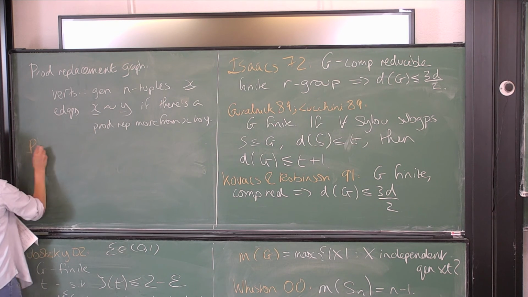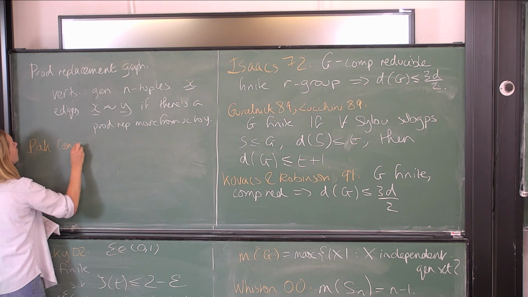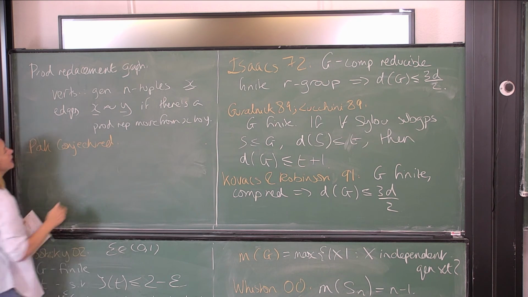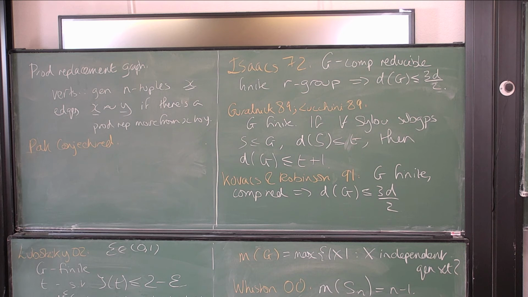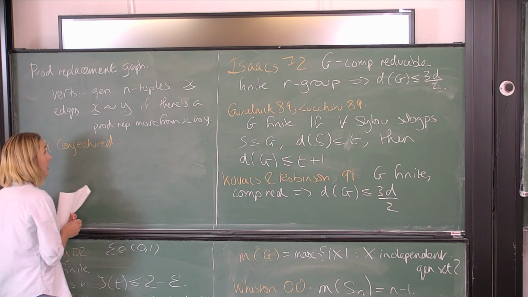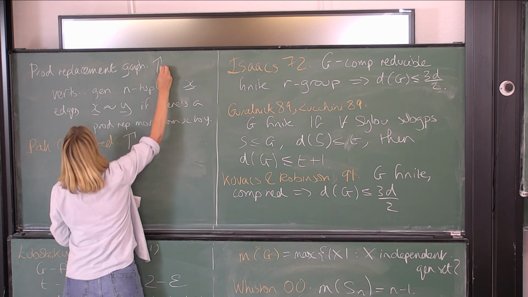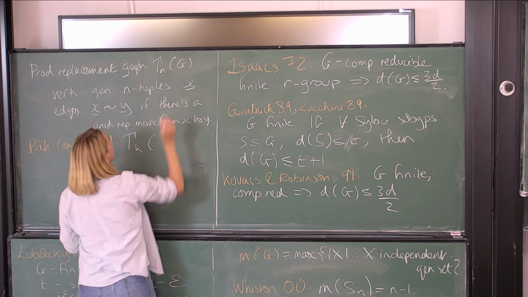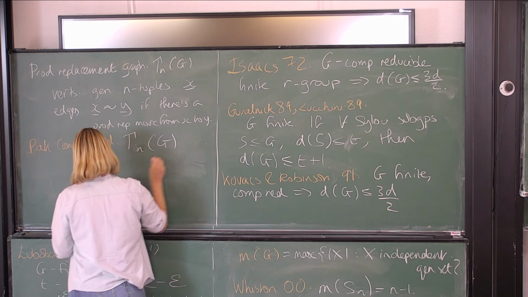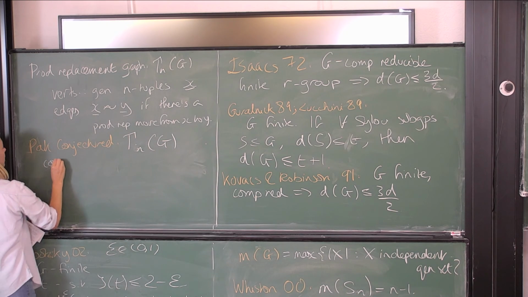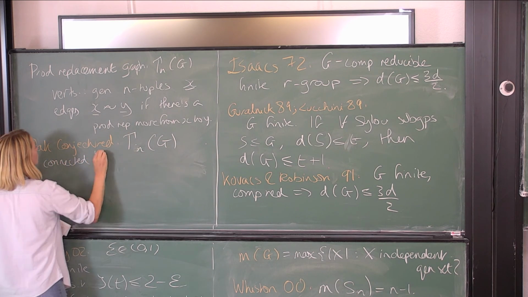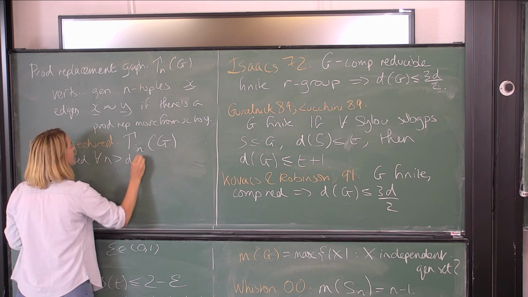So then Pak conjectured. So you can think of product replacement then as, once you've picked your n, you're doing a random walk on this graph of length t and spitting out the vertex that you get to. For each time you're just like, okay, I'm going to walk along that edge, and now, okay, I'm going to walk along that edge. Pak conjectured, and this is still wide open in general, but so let's call this graph gamma n of g, that gamma n of g is connected for all n greater than dg, and I